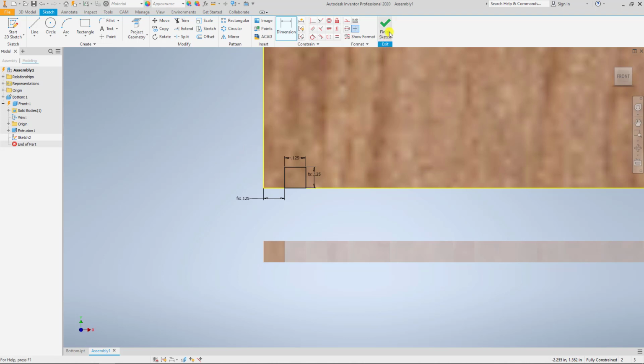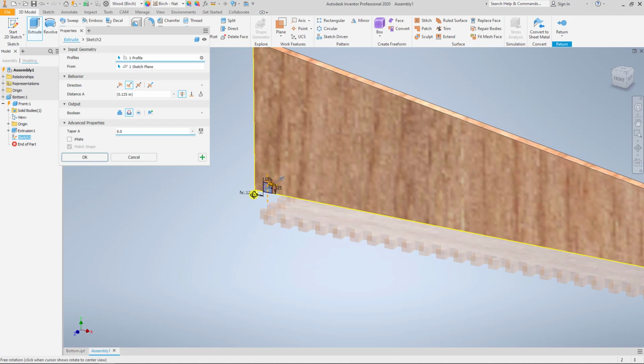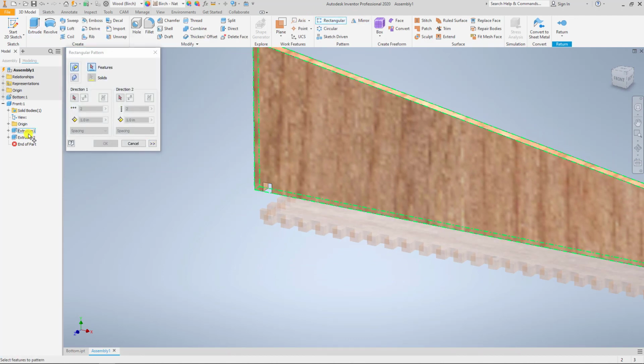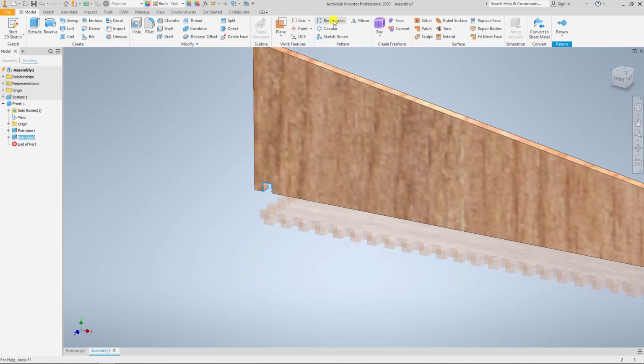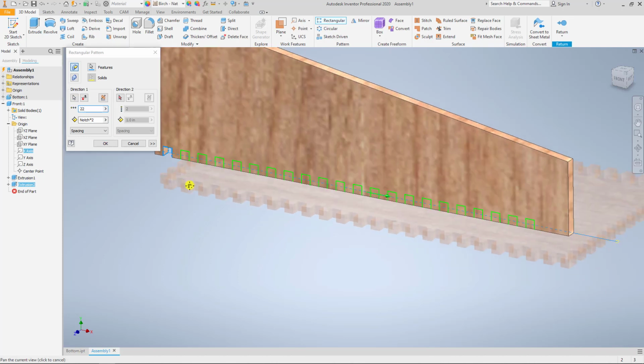So if we finish sketch, we can go ahead and extrude that as a cut through all and hit OK. And now here again, we're going to pattern, and I'm going to start to go through this a little more quickly now because you guys are hopefully well aware of what I'm doing. So my direction is going to be my X, and my spacing is going to be notch times 2, and I believe we said we went with 22 on there. Nope,